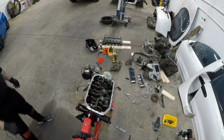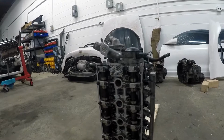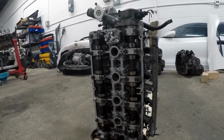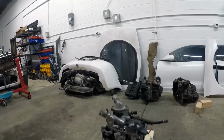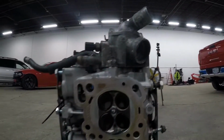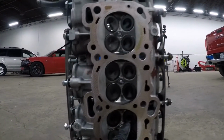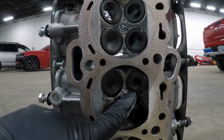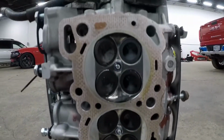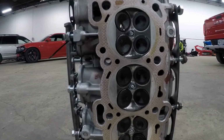So we got the head off, as you can see here. It looks like pretty much a factory head, factory cams, all that stuff. The only thing kind of strange about it is that one of these valves, this right here, that exhaust valve, is not the same as the other ones. So somebody had to have replaced it at some point for some reason, and I don't know why they only